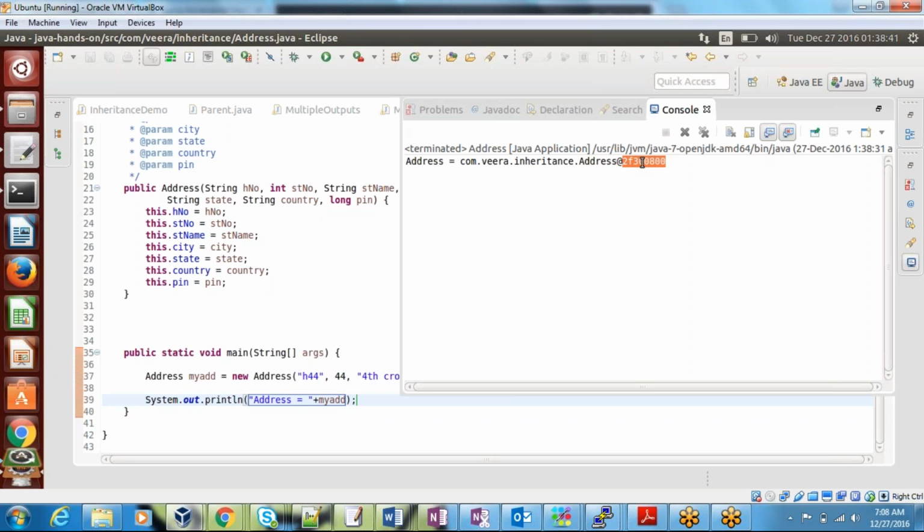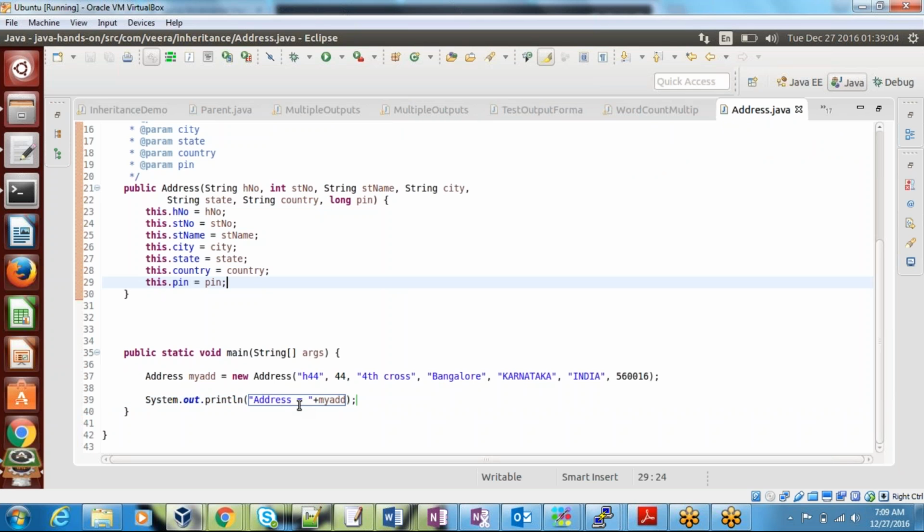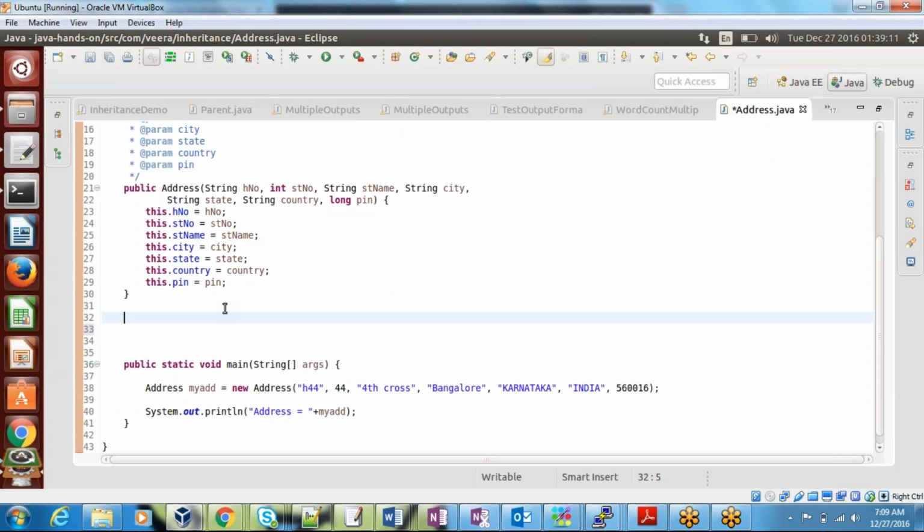This is called a hash code; we'll talk more about it later. It is not printing because your address is an object. We cannot print an object directly into the console or a log file, because your println method expects only strings. To convert your object into a string,